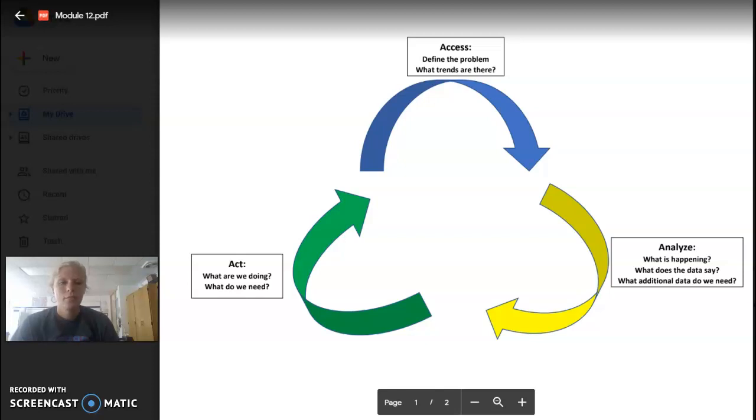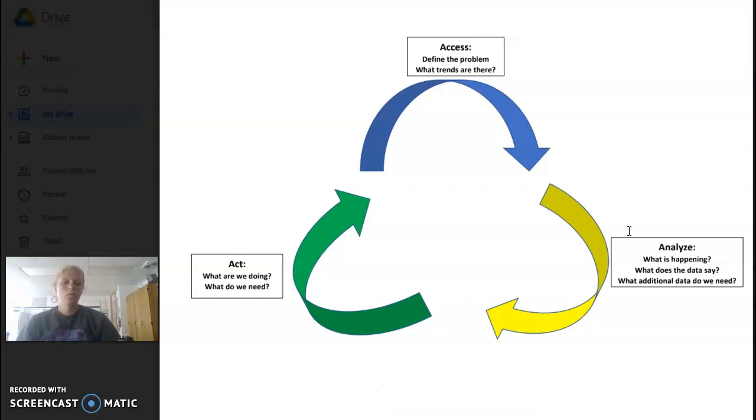And I decided to do a two-page document because I wanted to first explain to my staff how this is going to look. First, we'd start with the access part, defining the problem and what trends are there. And from there, we'd go to analyze. So what is happening, what does the data say, and what additional data do we need? So is there good stuff that we have, or are we slacking on some data